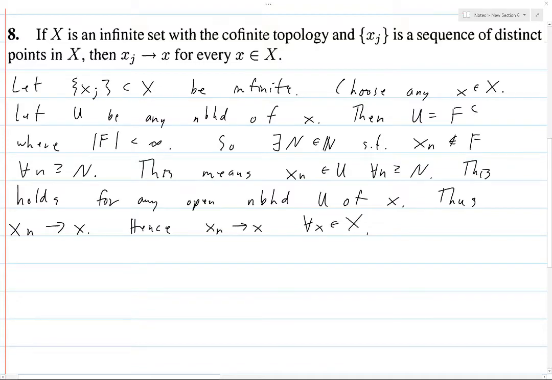And so we see here the reason that this infinite sequence will converge to every point is that you can't really zero in on any points using open sets in this topology. Typically when you think about convergence in the standard topology, you look at a point and you consider smaller and smaller balls around this point. As you take the radius smaller and smaller, these open sets are in some sense getting closer and closer to this one point.